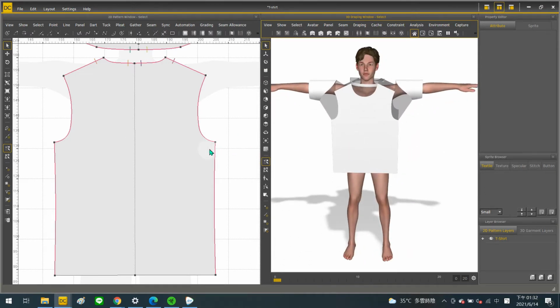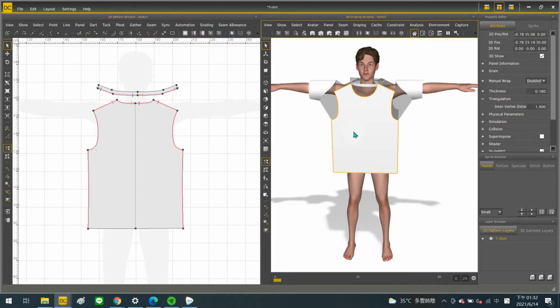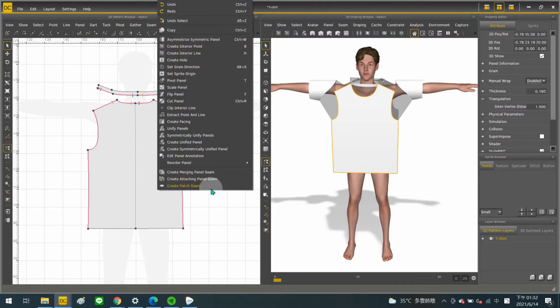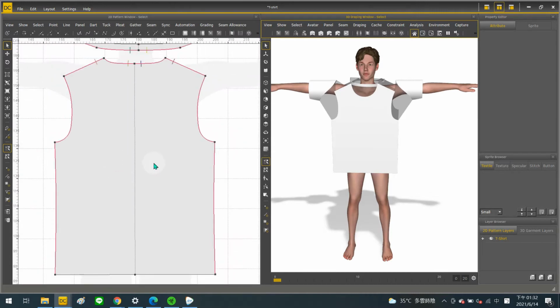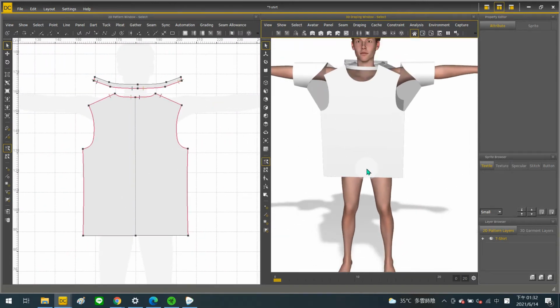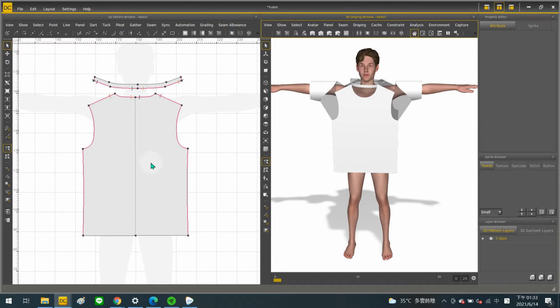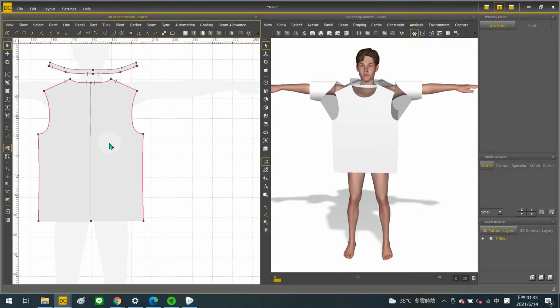After the introduction of the layout of the 2D and 3D windows, let's get to know how to control it with your mouse. A click of the left key of your mouse in both windows is to select, and a click of the right key is to bring the toolbox and menu out. Which will be shown depends on which mode and tool you are using. And with the scroll wheel, you can zoom in and out by scrolling it, no matter whether it is in 2D or 3D. If you keep pressing the wheel, the view can be moved.